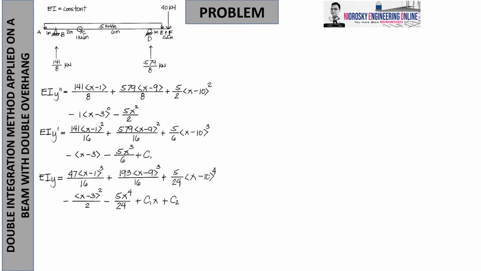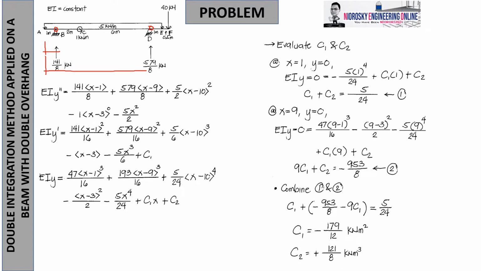Notice that we have supports at B and D. So therefore, their locations are at x is 1 and at x is 9 meters. Both of them have deflections of 0, while there is a presence of rotation at points B and D since hinges and rollers allow rotation. So in the evaluation of C1 and C2 at x is equal to 1 and y is equal to 0, the terms inside the pointed parentheses, when negative, are automatically 0. So at x is equal to 1, y is 0, and the terms x minus 1, as well as x minus 9,